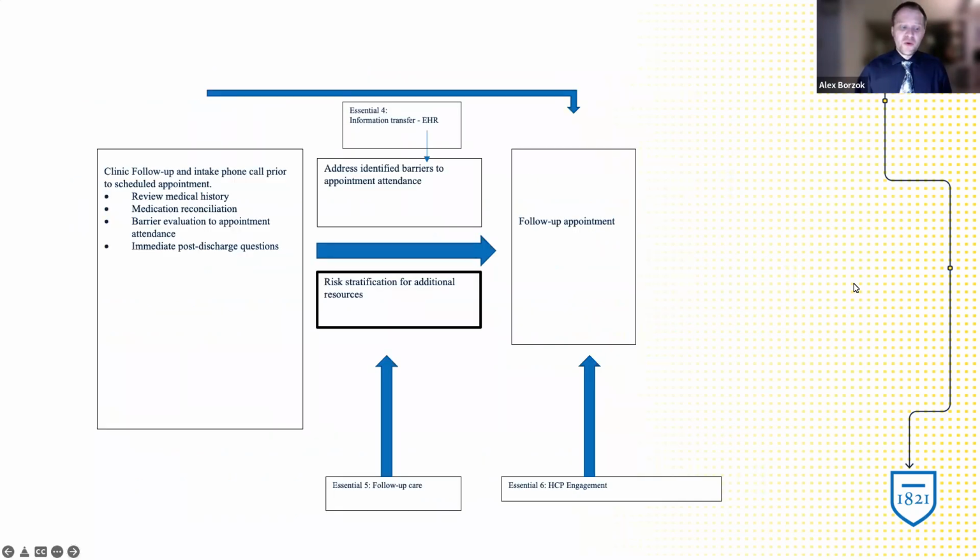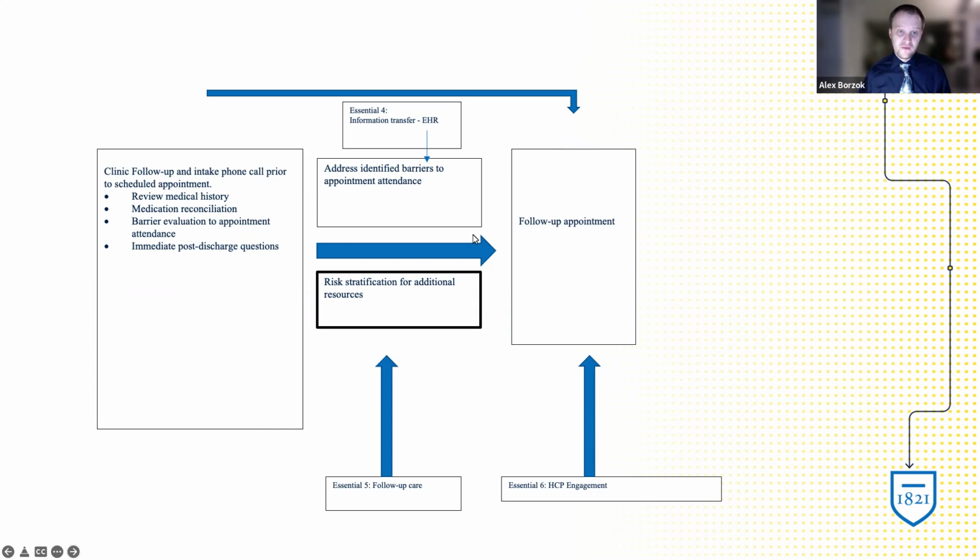So where does risk stratification fall in the big long processes that we've been talking about, particularly within the last module? So this is our pre-hospital algorithm that we use to look at the NTOC 7 essential bundle. And where risk stratification falls is prior to that follow-up appointment, really right when that phone call is being made, we're doing this risk stratification.